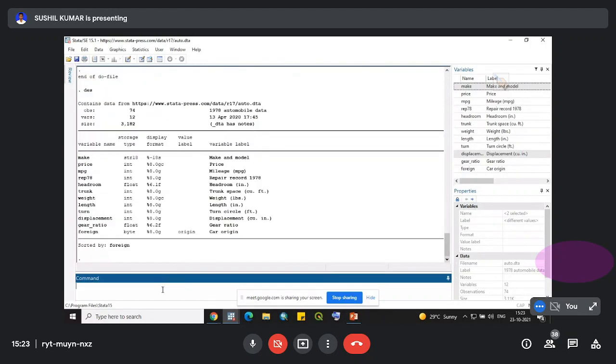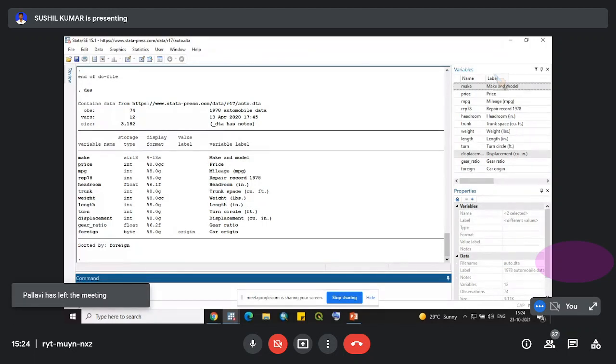There are a total of 74 observations and the total number of variables is 12. The total size of the data is 3184. The variable names are given over here, and what they are about is given in the variable label sites.